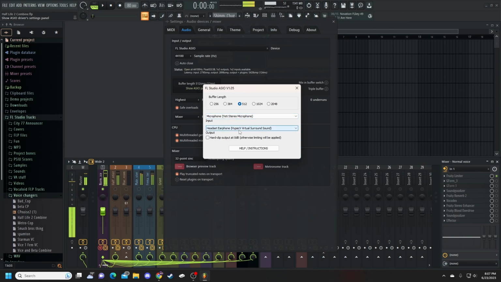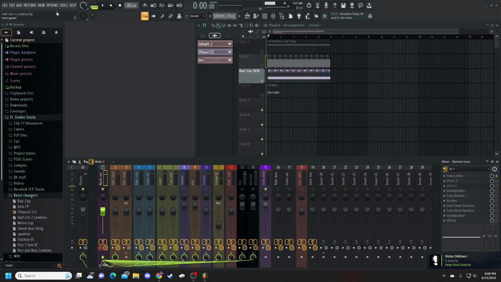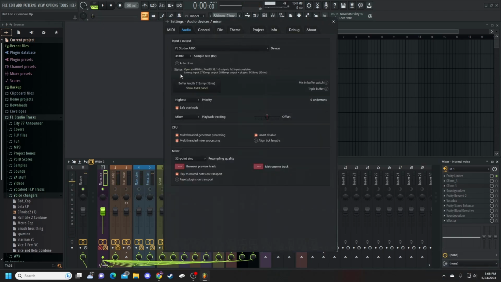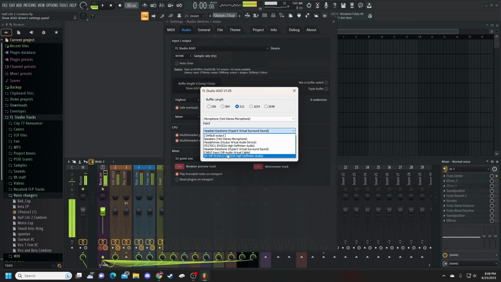And you want your output to be set, no matter what, to the cable input. Make sure that it is the cable input. That is very important. After you've done that, it's not done yet. Here's what I do whenever I open FL Studio to use it as a voice changer. I set up my settings, go into the ISO panel, change my default output to the